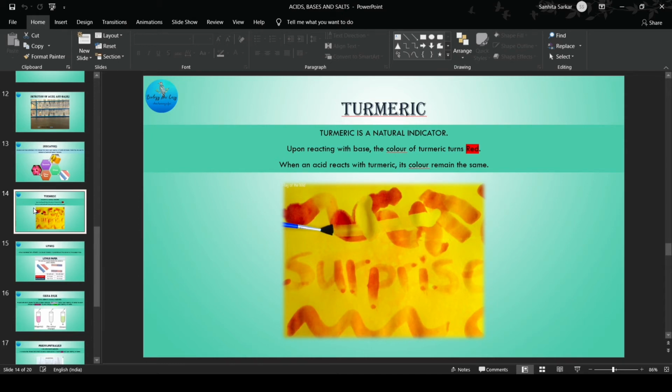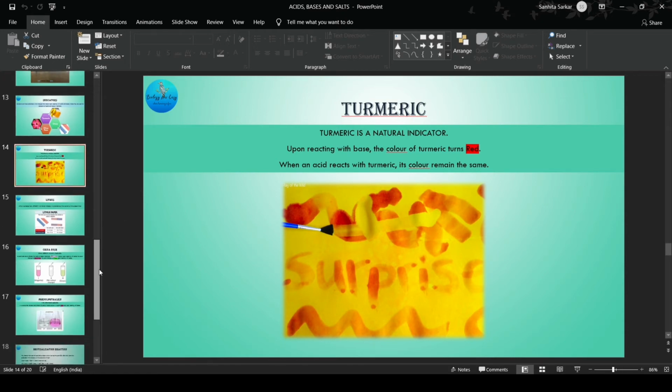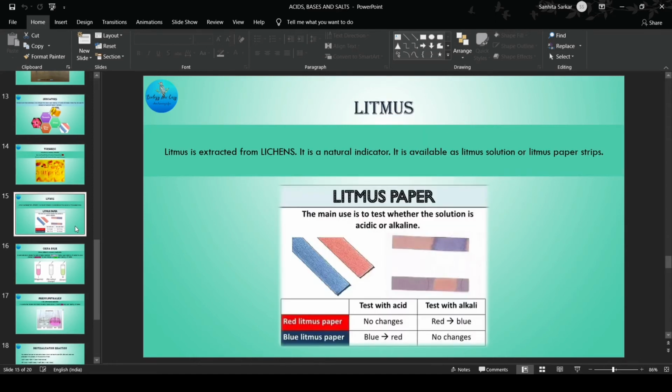जैसे कि आप यहाँ पर देख पा रहे हैं कि एक बच्चे ने जो ब्लॉटिंग पेपर है उसमें जो टर्मरिक का लेप है वो लगाया था और उसके ऊपर उसने साबुन का जो सॉल्यूशन है उससे कुछ लिखा है जैसे कि सरप्राइज। तो आप देख ही पा रहे हैं कि जहां जहां वो सोप सॉल्यूशन गिरा है वैसे एरिया में रेड हो चुका है। तो यहीं से हमें पता चलता है कि जब हल्दी किसी बेसिक सब्सटेंस से रिएक्ट करता है तो वो एक रेड कलर देता है।